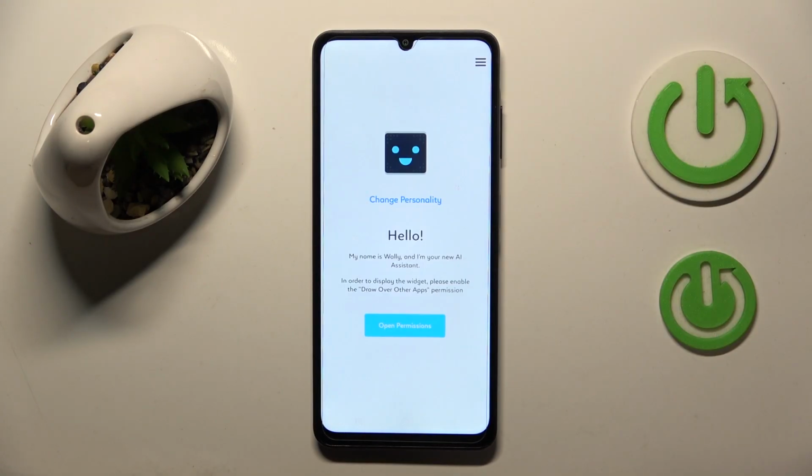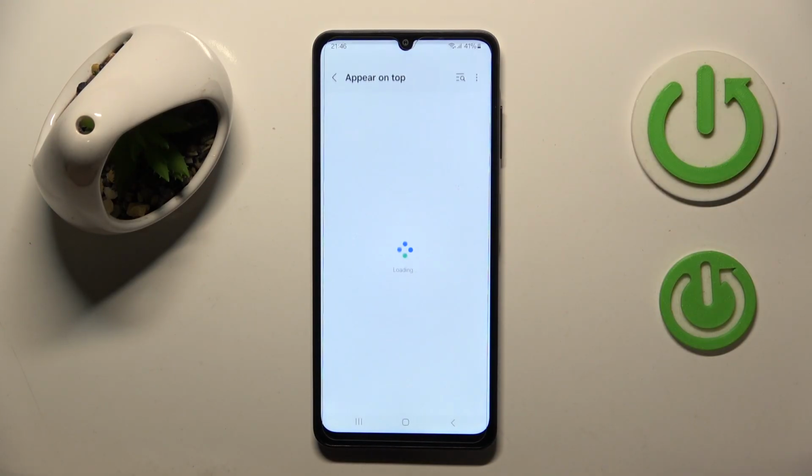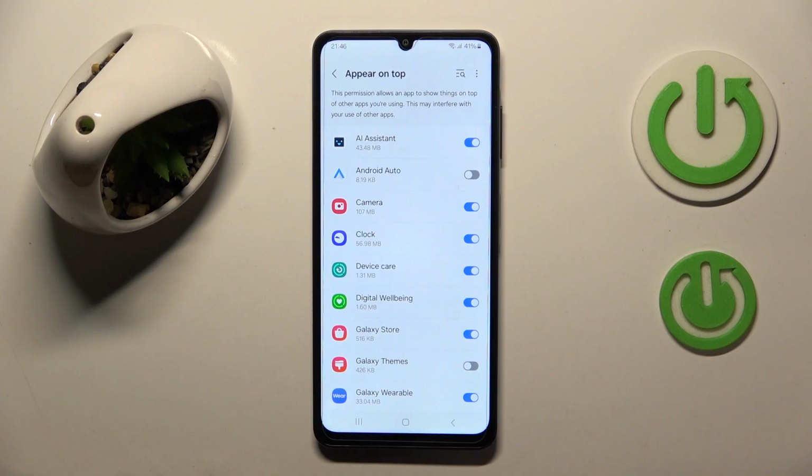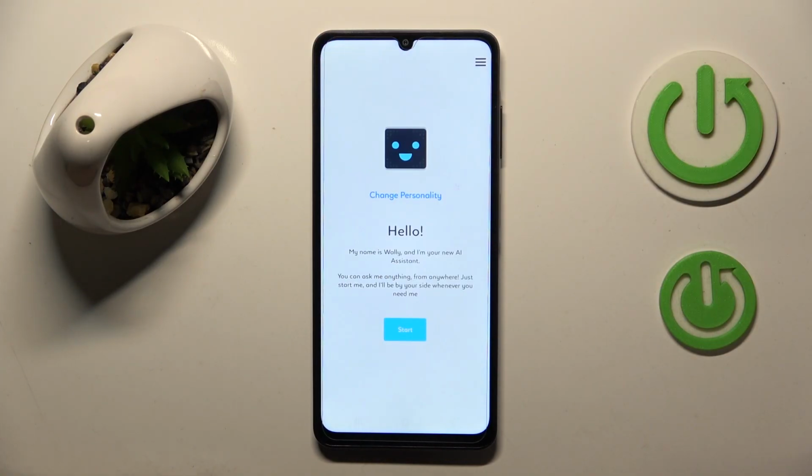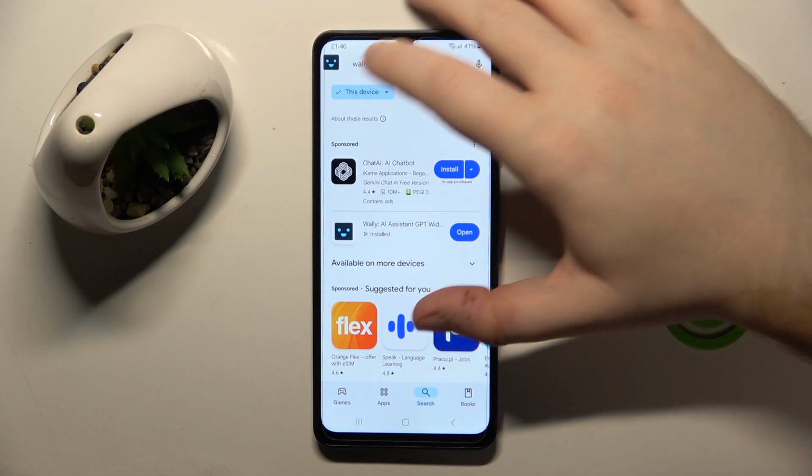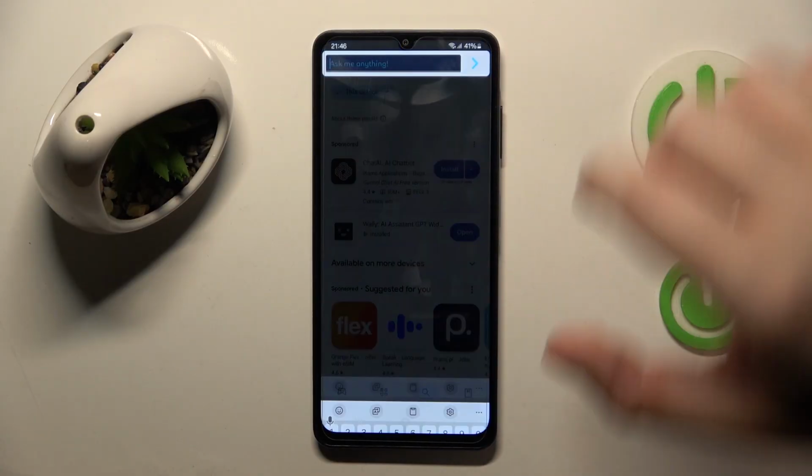and then click on this button to skip introduction, and now click open permissions. Now click here to allow this app to display over other apps, and now you can go back and click start. And as you can see right here, there's my ChatGPT widget, and I can open him and I can